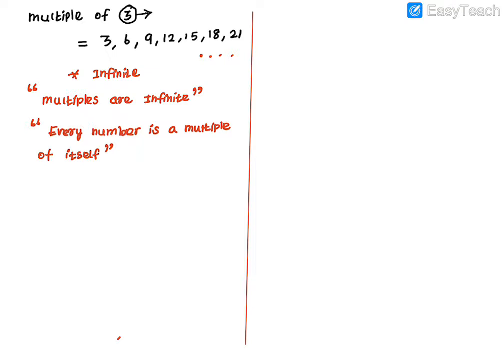And you know one thing, every multiple of a number should be greater than or equal to that number. Every multiple is greater than or equal to that number. That means if you are asked to find the multiples of 4, it means 4, 8, 12, continuously going on. That means greater than that number. So we can say the multiples of the given number should be greater than or equal to that number. So this thing you have to know, students.